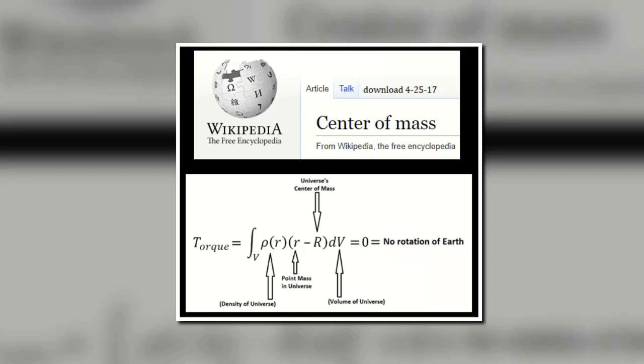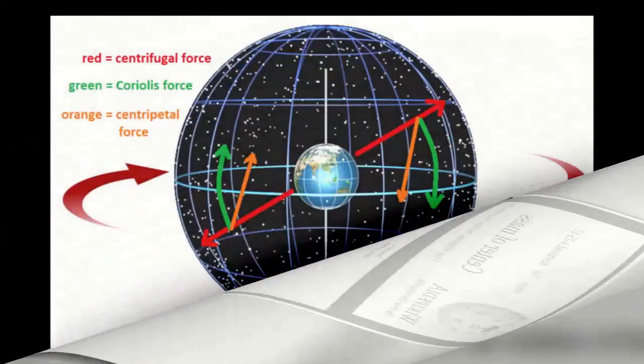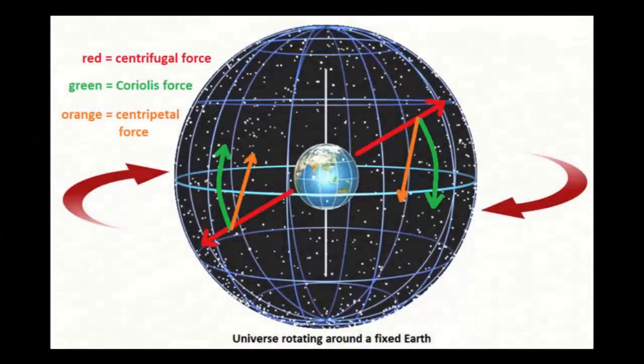By selecting the center of gravity as the reference point for a rigid body, the gravity forces will not cause the body to rotate, which means the weight of the body can be considered to be concentrated at the center of mass. Additionally, the universal Coriolis force itself also plays a part in helping to keep the Earth stable and non-rotating. Since when the Earth is the universe's center of mass, the Coriolis force will be divided into two distinct directional forces at the Earth's equator.